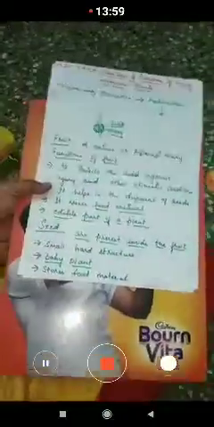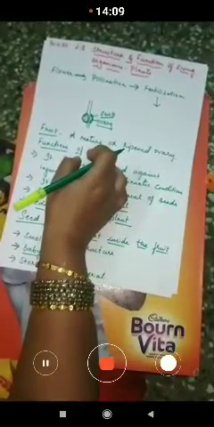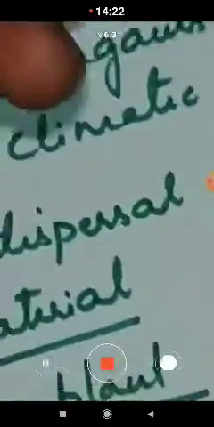Now you can observe these small hard structures. When we observe the seed, children, we can see that it contains a baby plant. I just want to show you the baby plant, as it is white in structure. It's not visible to you, children. Here you can observe, I'll